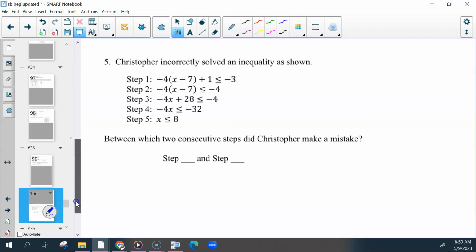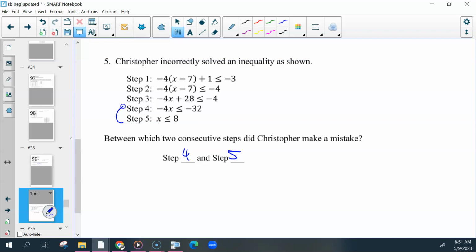Five, it asks, he incorrectly solved this somewhere. We have to find the mistake. And it asks between which 2 steps did he make a mistake? Which 2 did you think? So it has to be like step 1 and 2, or 2 and 3, or 3 and 4, or 4 and 5. So 4 and 5. What mistake did they make here? Flip